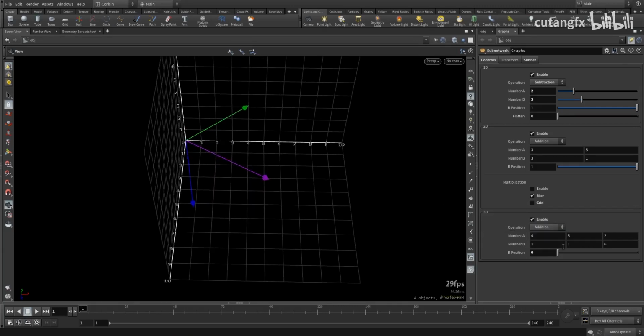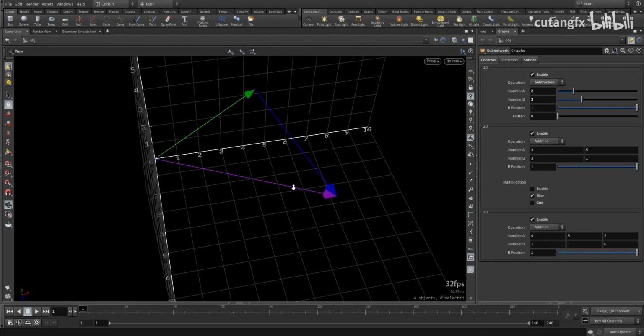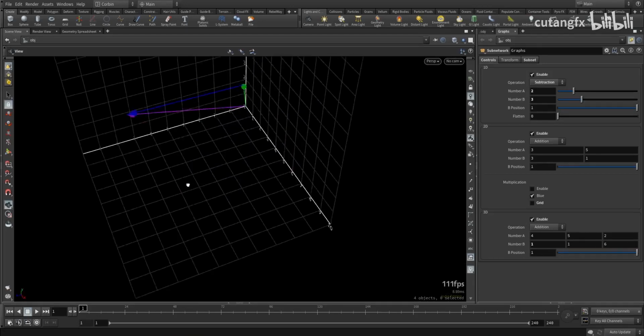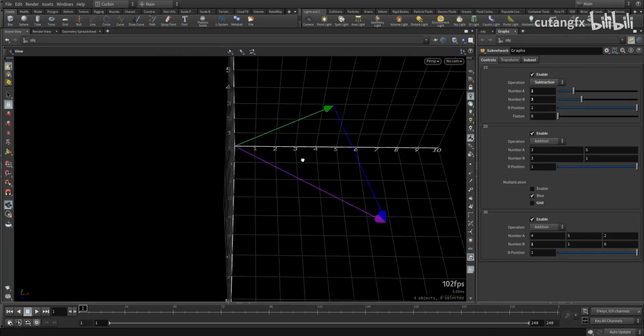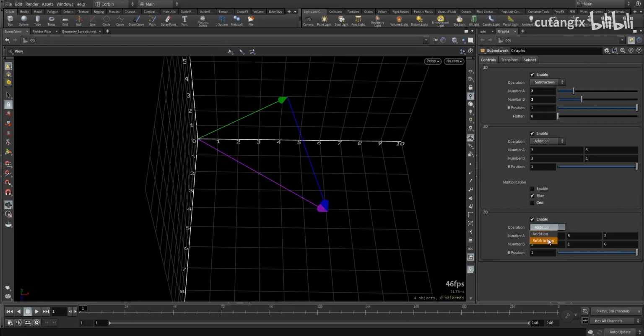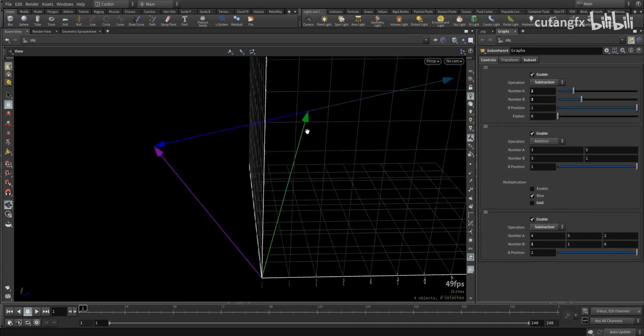So if I'm adding these 2 numbers, we're going 4 plus 1, 5 plus 1, 2 plus 6, okay? But really it's saying this green vector plus the blue vector. Well, in order to add it, let's put them tail to head, and the result is tail of the first, head of the second, okay? And then the exact same thing with subtraction. We simply negate one of the values, the value that is being subtracted gets negated, and so we end up